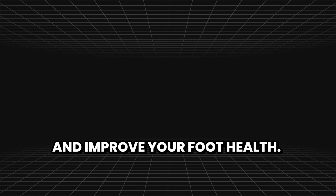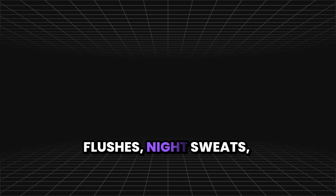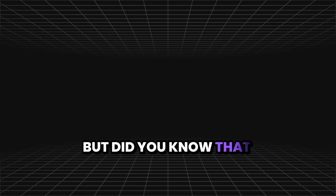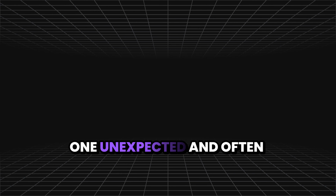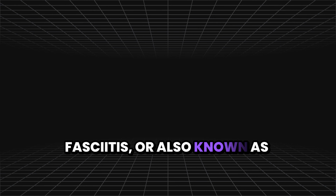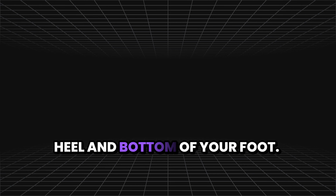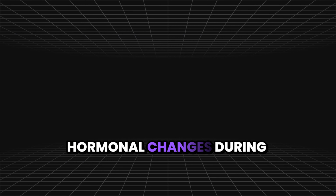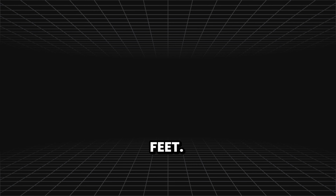improve your foot health. When you think about menopause, symptoms like hot flushes, night sweats, and mood swings often come to mind. But did you know that menopause can also affect your feet? One unexpected and often overlooked issue is plantar fasciitis, also known as policeman's heel, a common condition causing pain in the heel and bottom of your foot. However, that's not all. Hormonal changes during menopause can also lead to structural changes in your feet, such as flattening